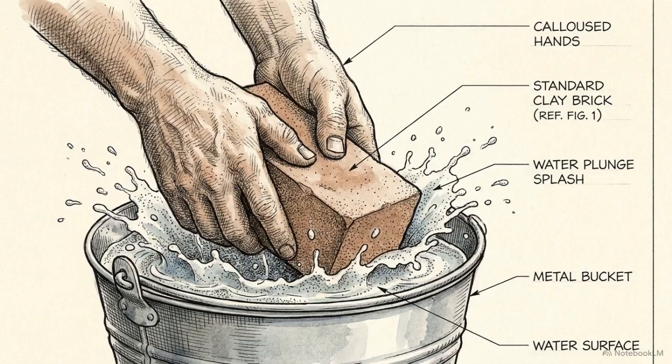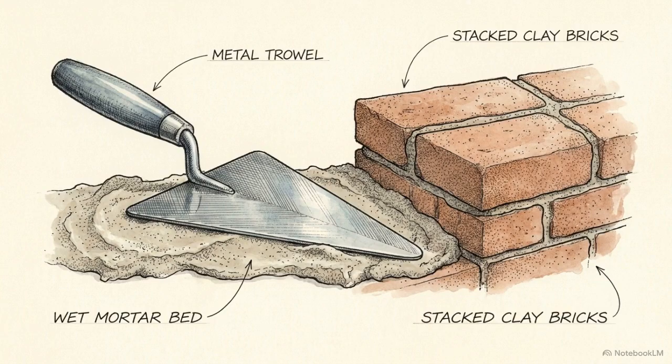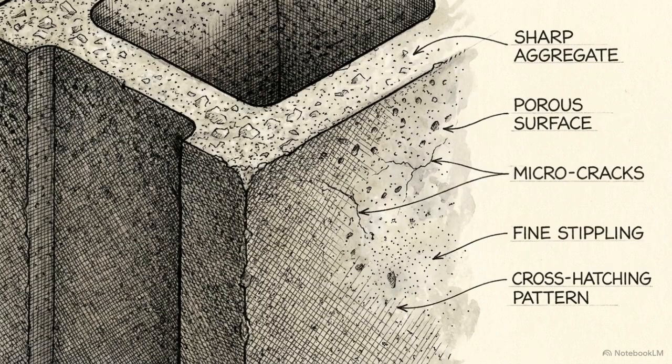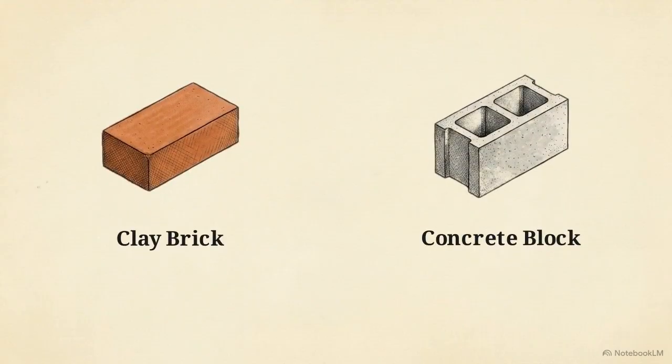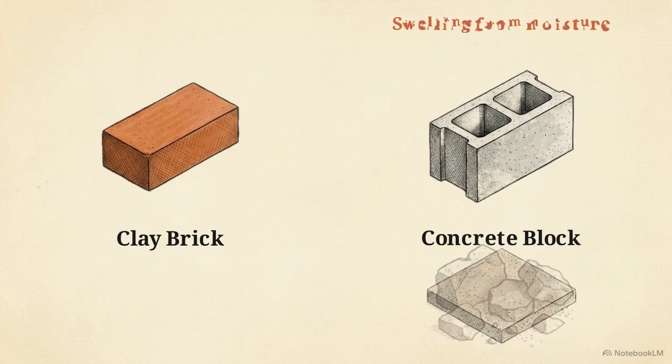Traditional bricklayers often soak building units in water before laying them. When working with concrete blocks, this habit is a fatal error. While porous clay bricks must be soaked to prevent sucking hydration out of the mortar, concrete chemistry behaves differently. Concrete blocks are dimensionally unstable when exposed to water. If a block is soaked, it will swell, and then, as it cures inside the finished wall, it shrinks, pulling